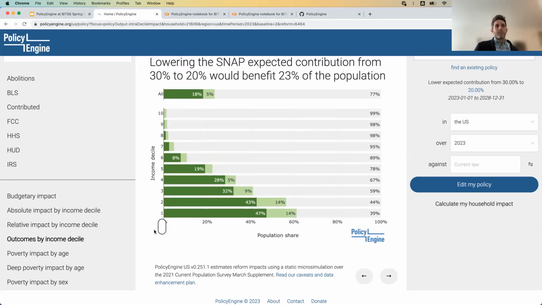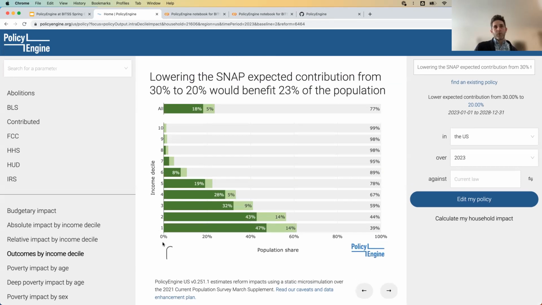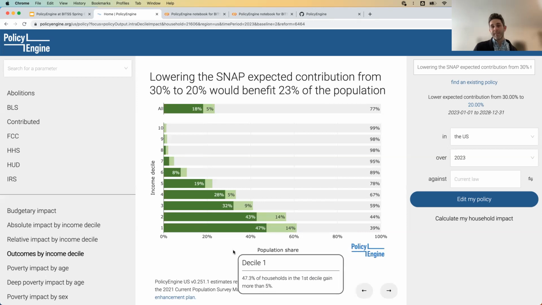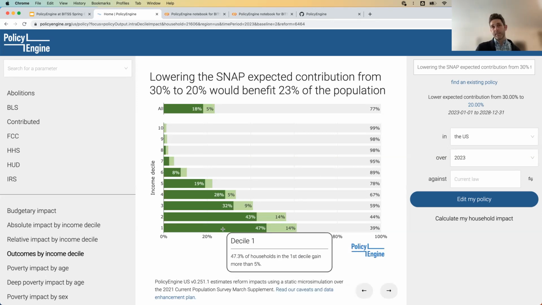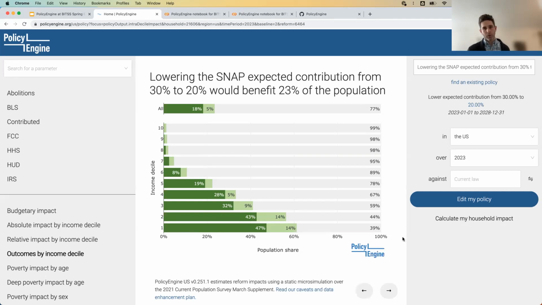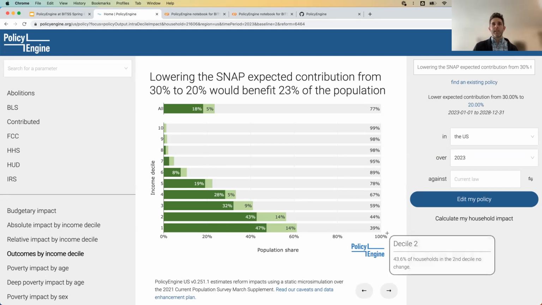But we do some things that are a bit less standard. For example, for every income decile, what percentage of people in that income decile benefit, and what percentage of them benefit significantly. This is especially interesting when you have policy reforms where some parts are revenue raisers and some parts are higher expenditures. You might see that the average impact for an income decile is positive, but some people in that income decile still come out behind.